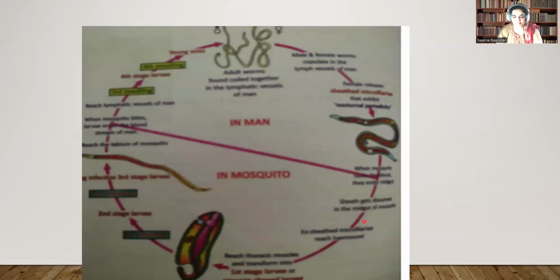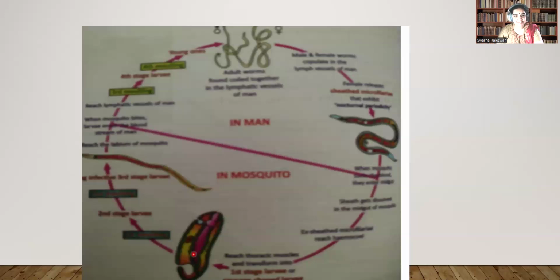into the mosquito, that is the female Culex mosquito, and directly it reaches the thoracic muscles. So here, before going into the thoracic muscles, in the hemocoel, it sheds its sheath and develops into the first stage larva. That first stage larva is called the sausage-shaped larva, and later this sausage-shaped larva enters into the